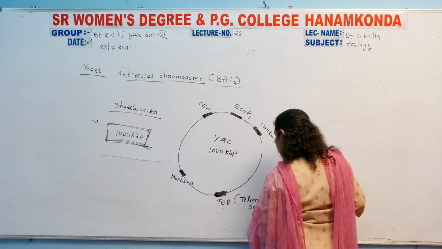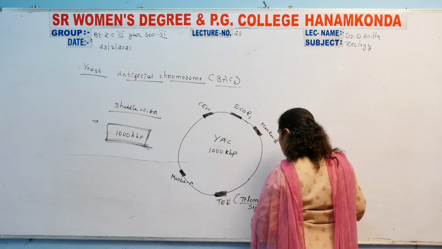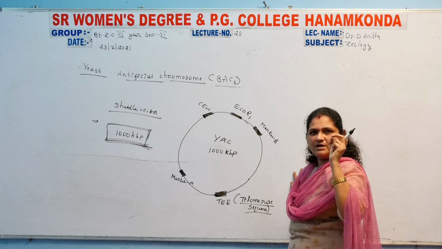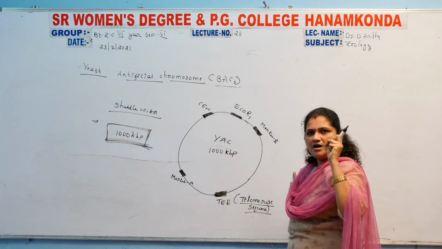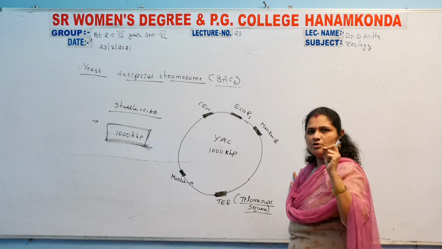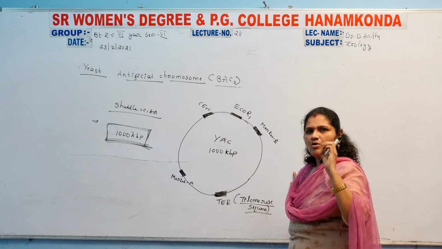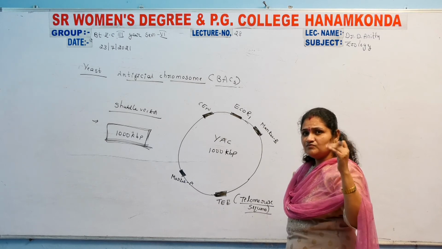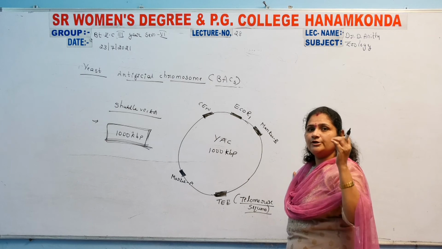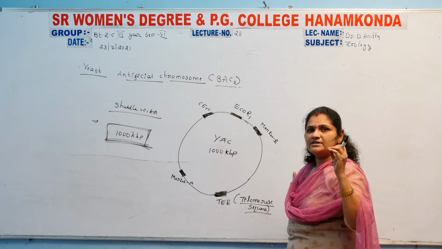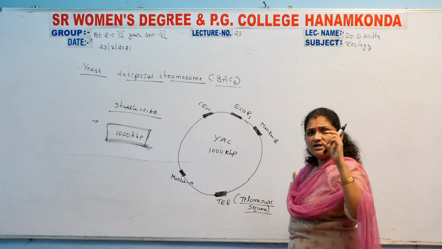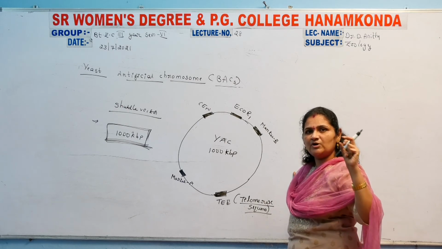TEL means telomere sequence. The telomere is the end part of the chromosome. At the end of the chromosome, a short length of telomeres is present. The yeast artificial chromosome also contains those sequences. Why? Because it is going to be cloned as a human artificial chromosome, and for the preparation of a human artificial chromosome it should contain the telomere sequence, the short end part of the chromosome.